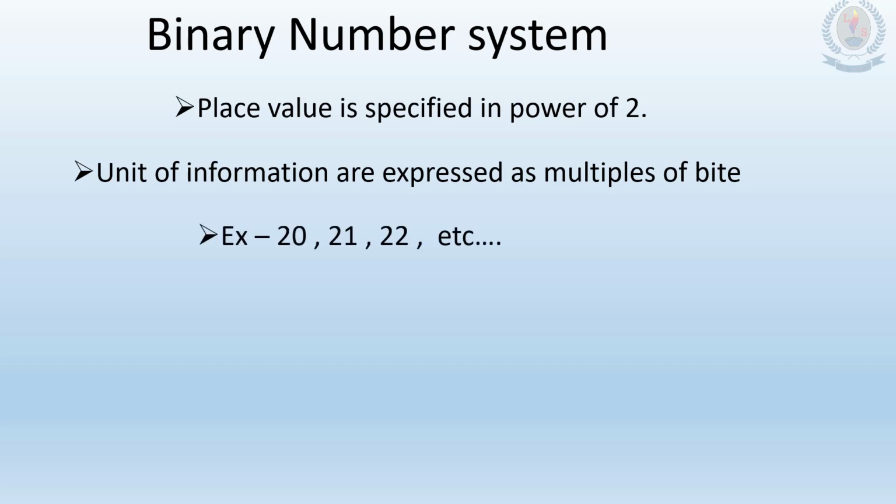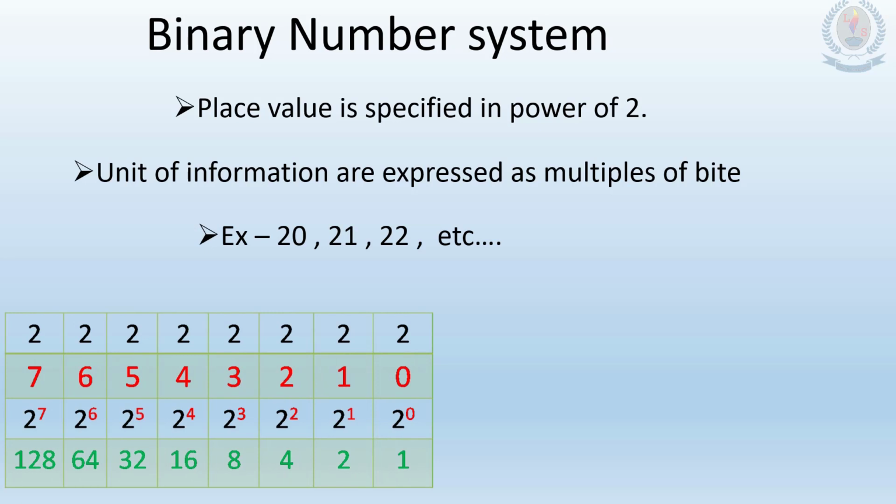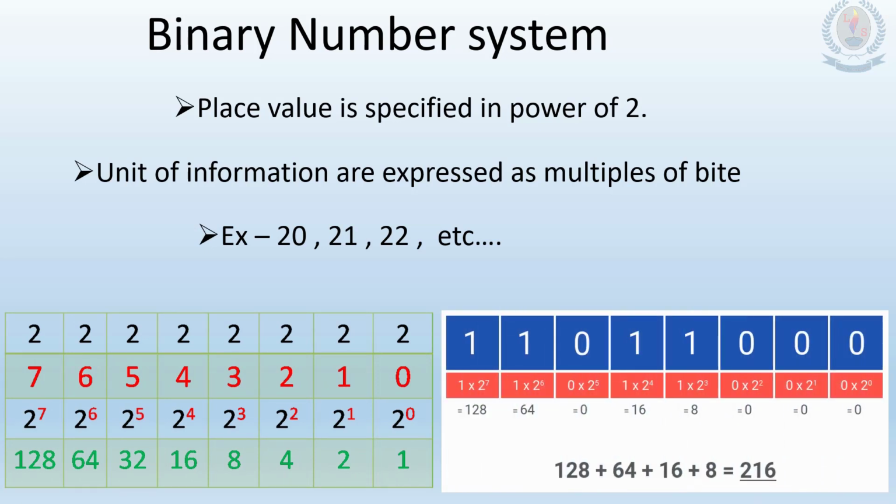Examples: if we take these numbers, these are binary numbers. We can convert these decimal numbers into binary as we see in these examples, and the place value comes from 2 to the power 0, 2 to the power 1, 2 to the power 2, like that. So we get all the combinations with this power of 2.